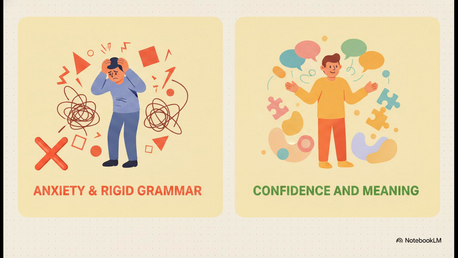On the flip side, we have communicative fluency. This focuses on negotiating meaning. It actually creates room for imperfect language as long as the core message is understood. And that builds massive confidence. Acuna Solano argues that, especially in an online setting, we absolutely must prioritize expression. We have to allow for imperfect but genuinely meaningful communication.